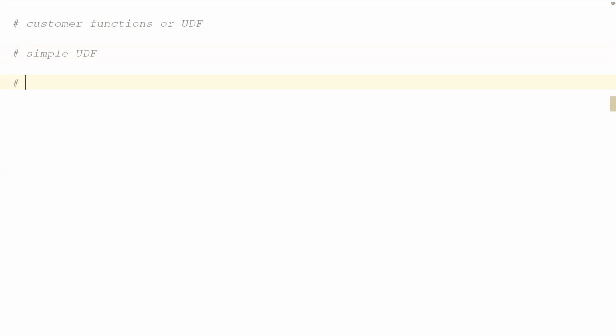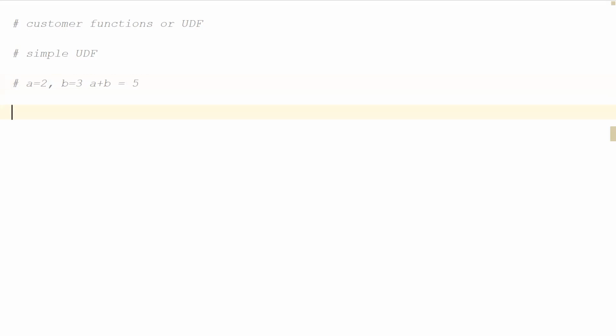Assume the scenario is like this: I want to add two values, a equal to 2 and b equal to 3, and I don't have a function. So when I say a plus b, it should return me 5. A has the value 2 and the b variable has the value 3.